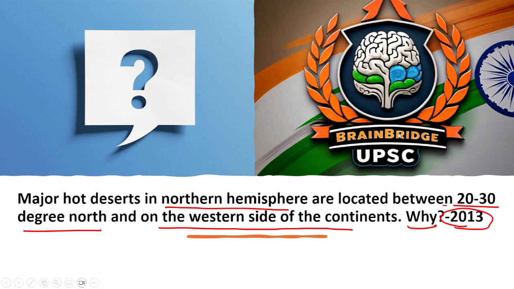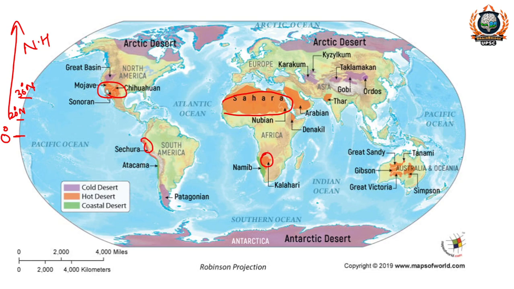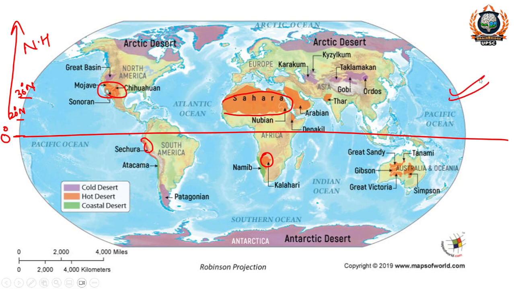So in northern hemisphere, if we look at the world map, northern hemisphere means this is equator 0 degree, and this is the northern hemisphere. And between 20 degree north and 30 degree north, जितने भी मेजर डेजर्ट हैं वो हमको देखने को मिलता है and also कि जितने ये डेजर्ट हैं ये वेस्टर्न साइड ऑफ द कॉन्टिनेंट पे लोकेटेड हैं। देखिए खैर ये तो साउदर्न हेमिस्फीयर में आ जाएगा, हमारे लिए बात सिर्फ नॉर्दर्न हेमिस्फीयर की।